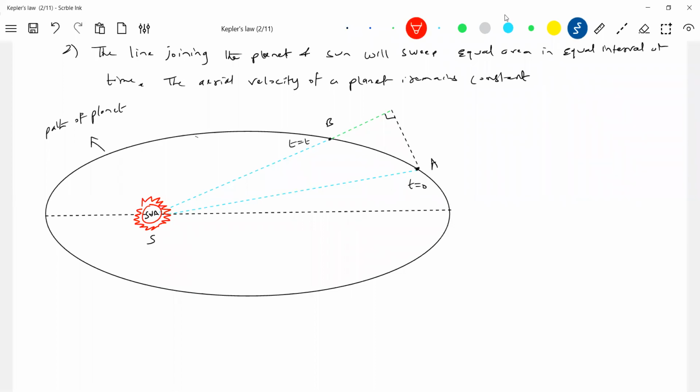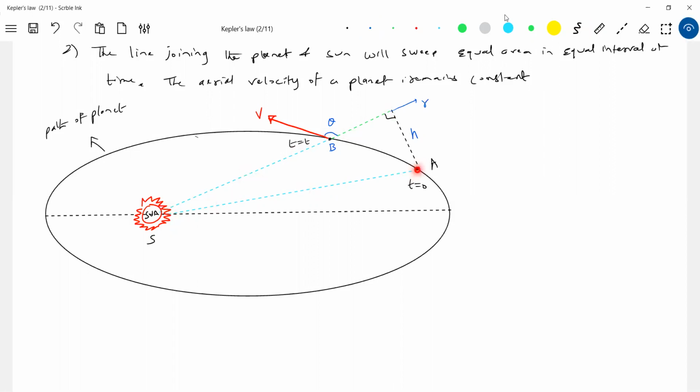It will have tangential velocity, and its speed will be different at different points. Let me take a tangential velocity here. Let this angle be equal to theta. This is 90 degrees. Let me take this as h. This is like a position vector, R bar. Shall we call this a position vector?